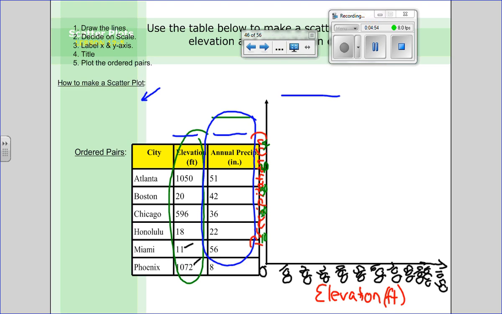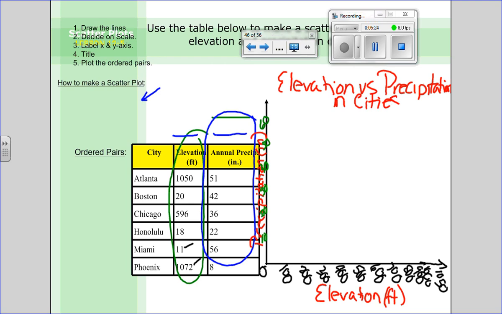40, 50, 60. There we go. So I have all this information. Now it says... Well, I can give it a title right away. And looking here, it's elevation versus precipitation in cities. Alright, and you'll notice I usually like to give it a title before I start plotting my ordered